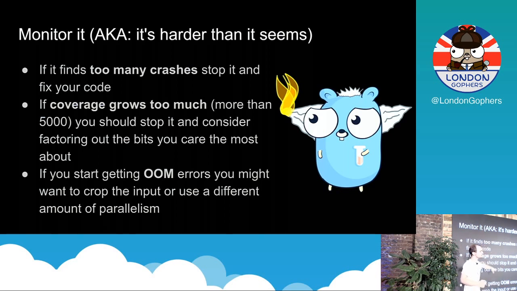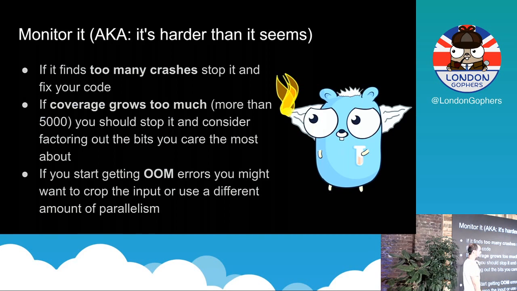Sometimes go-fuzz starts finding too many crashes. If that happens, stop it. It doesn't make sense. If you have too many crashes, you can't manually go through them. You should change your strings or clean your stack traces before you panic, because that is going to be impossible to debug.